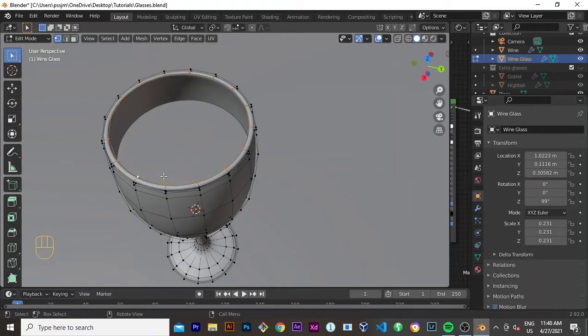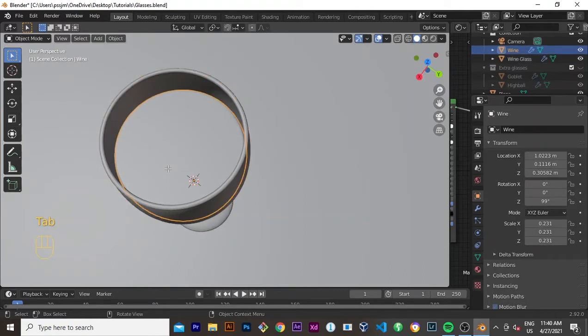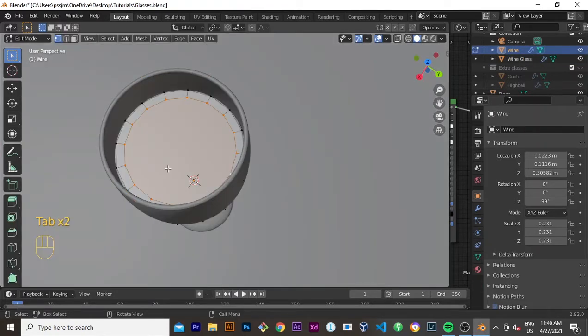Okay, the edge loop. Oh, this is the wrong one. Actually, I'm selecting the wrong one. No wonder. Alright, this is selected, and then Control plus, I'm selecting going upwards and again, and then we're going to